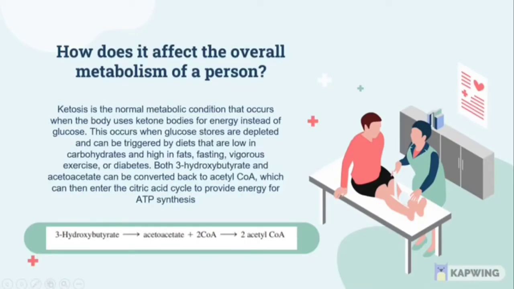Both 3-hydroxybutyrate and acetoacetate can be converted back into acetyl-CoA, which can then enter the citric acid cycle to provide energy